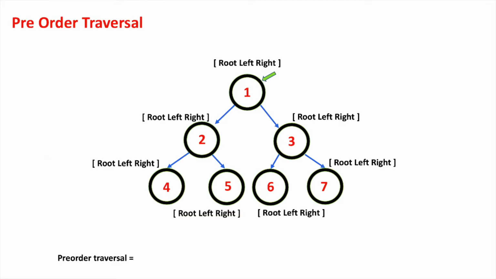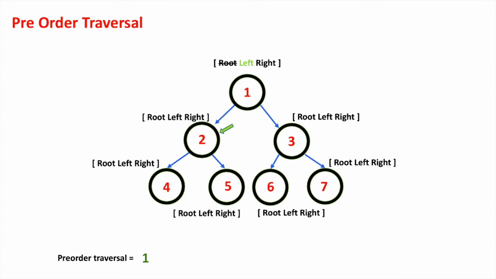Let's understand the process using our visual display board. For each and every node within the tree, we will be following the pre-order traversal, that is, the order root, left and right. We will start our traversal with the first node of our tree, the root element, which is 1. For the first time we will traverse the root element and print its value. The next step is to see the left hand subtree of the root element. The left hand side of the root element is node 2.